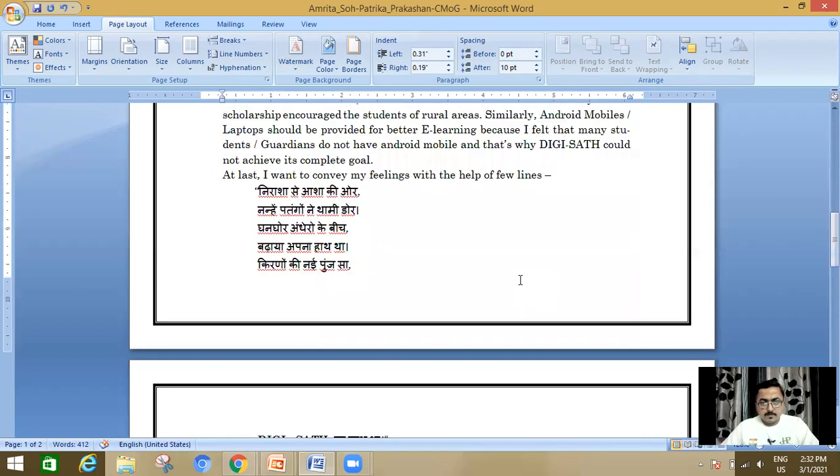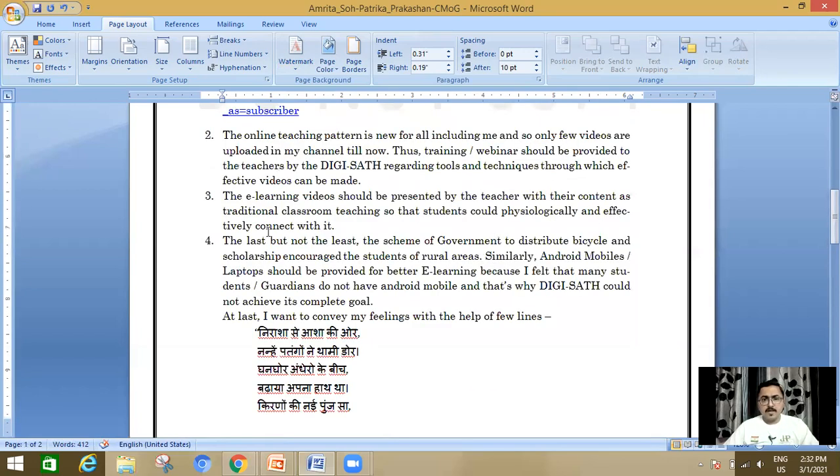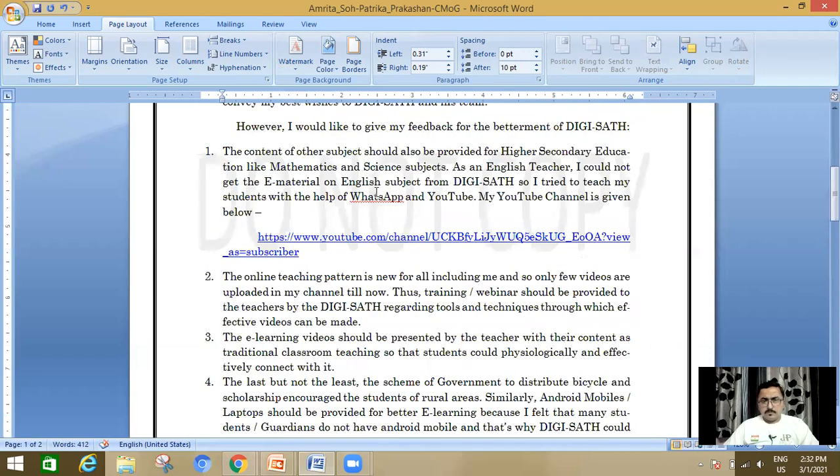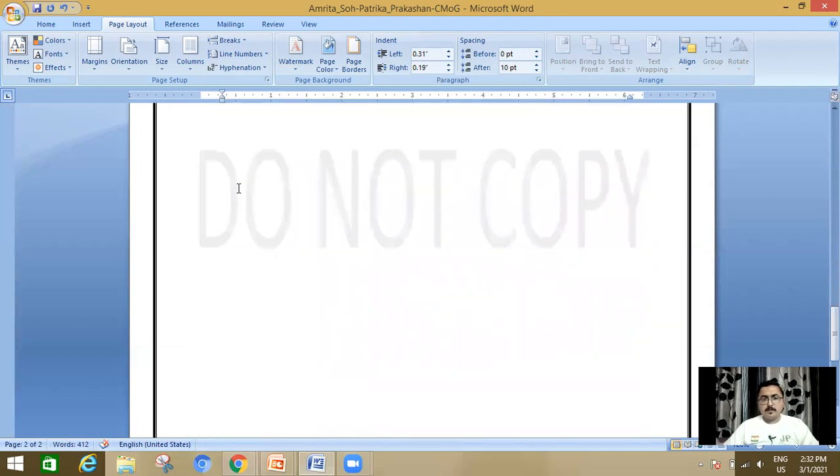Something went wrong. Here, you can see that. Unable to see in the previous page, it is a very light shaded message. Do not copy. But when it is printed, then you can easily see.